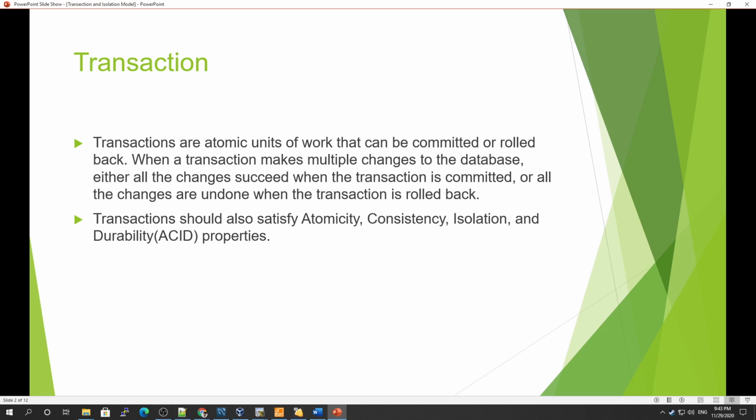atomicity, consistency, isolation, and durability. I have already described these ACID models in a few of my previous lectures during the architecture, but still in this tutorial I will also describe all these things, and I will make sure that you get an idea of what I'm talking